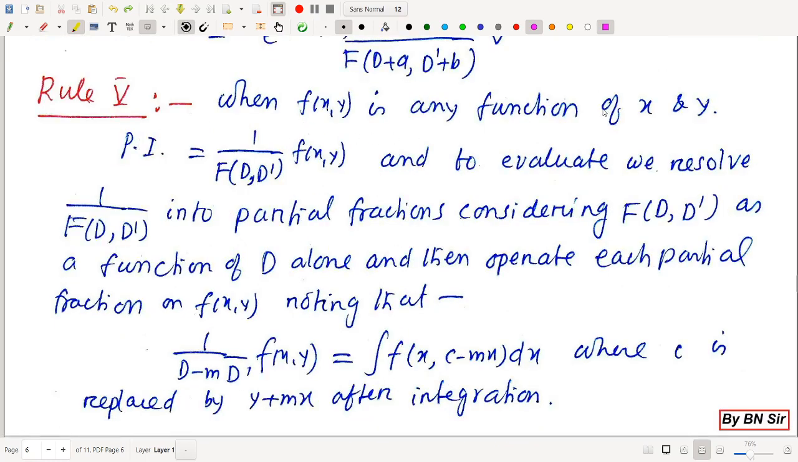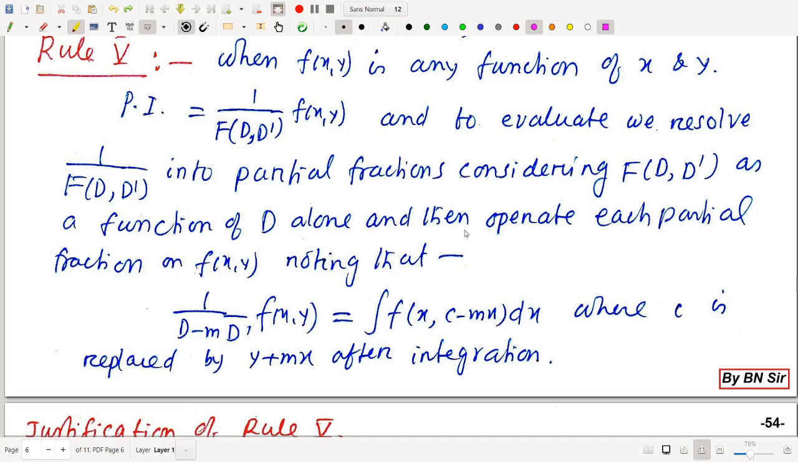When f(x,y) is any function of x and y, the particular integral is 1 by f(D, D') operating on f(x,y). To evaluate it, we resolve 1 by f(D, D') into partial fractions, provided it is resolvable, considering f(D, D') as a function of D alone, though D' will be there, no doubt. Factorizing using the rules for partial fractions, assuming it is a function of D alone, we then operate each partial fraction on f(x,y),